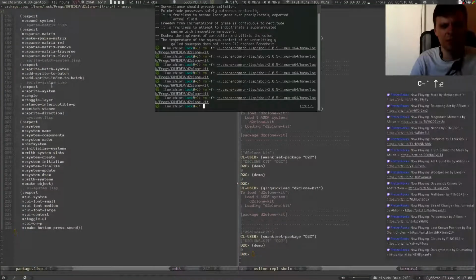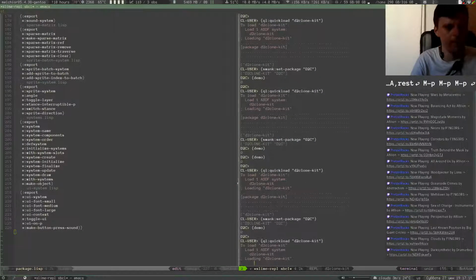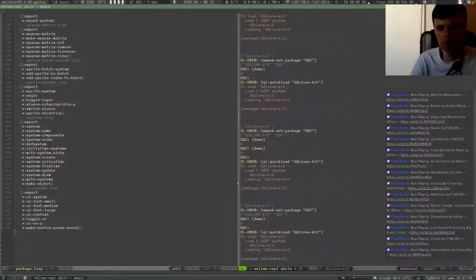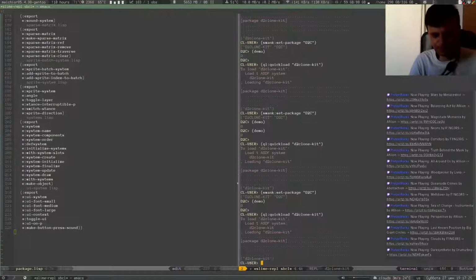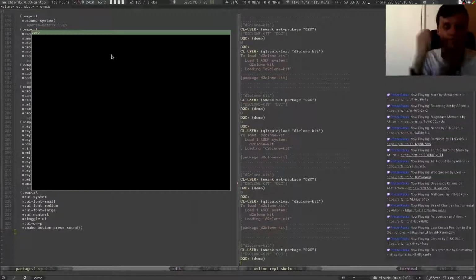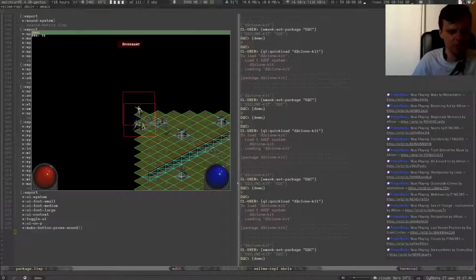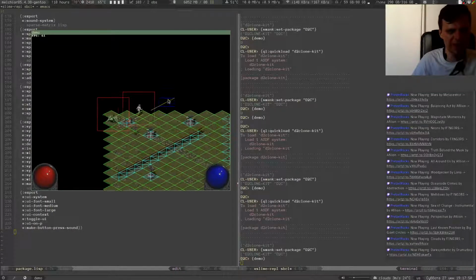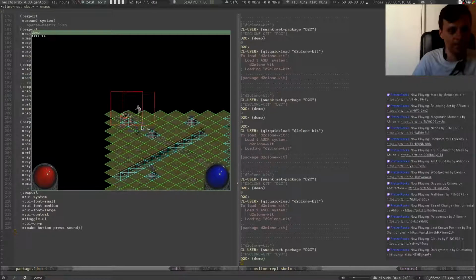So okay, I think I'm gonna again remove and recompile all of the stuff. And maybe even try to build the demo to see if that still works. Okay, so the demo is still working. That's good news. Yeah, that debug I'm going to tackle a bit later. Okay, so